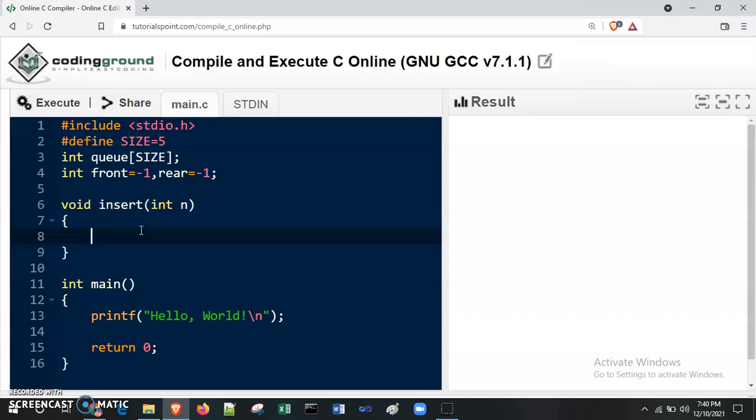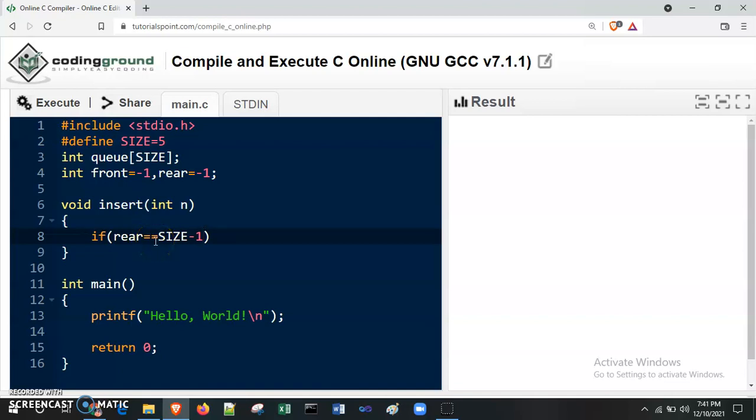So here we check the condition if rear is exactly equal to size -1. Means if the size is 5, then last index is 4, means size -1.